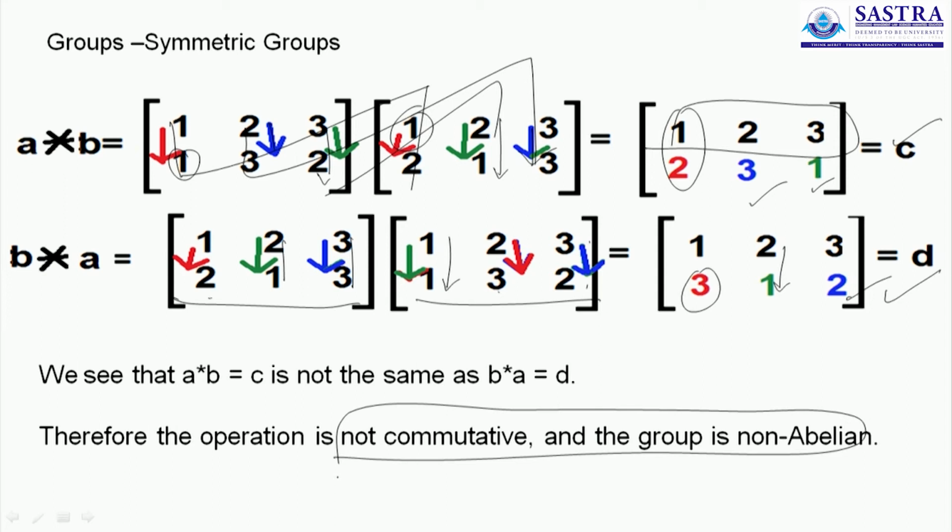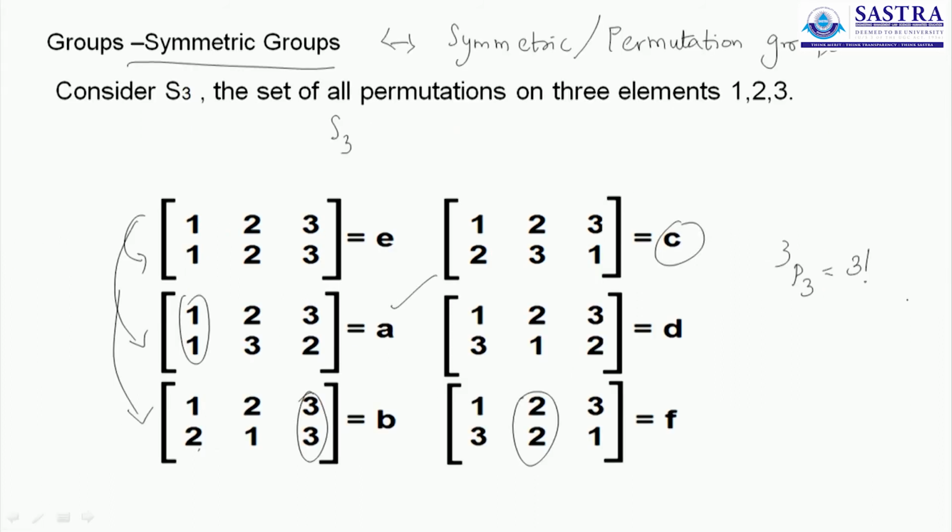The last example that we'll discuss throughout this course is the group on permutations of specific elements. It may be S3 where I shuffle 3 numbers, or S5 where I shuffle 5 numbers, or S10 when I shuffle 10 numbers. So when you do this permutation thing, you know that 3P3 is 3 factorial. Therefore S3 will have only 6 elements because 3 factorial is 6. Suppose you were to write down S10, S10 will have 10 factorial elements. That's too large to write down.